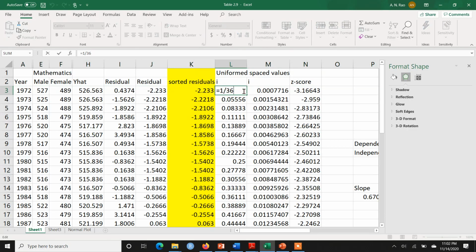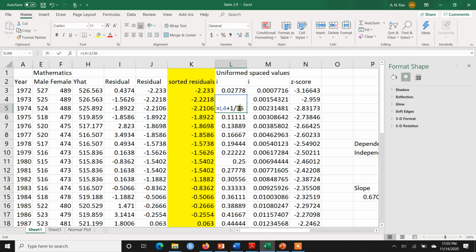So I can use the fraction 1 divided by the number of observations, which is 36. Next, if I double click on the next cell, this is equal to the previous cell plus 1 by 36. So I'm just adding a constant to the last cell, as I said that I want to make uniformly spaced values of i.